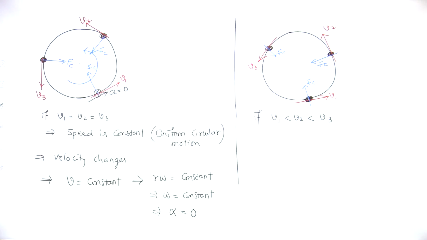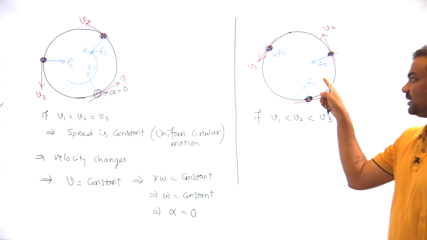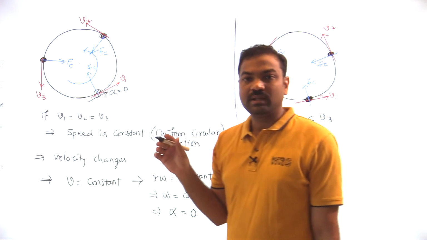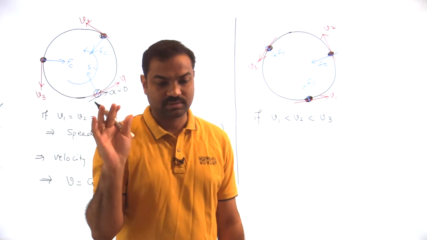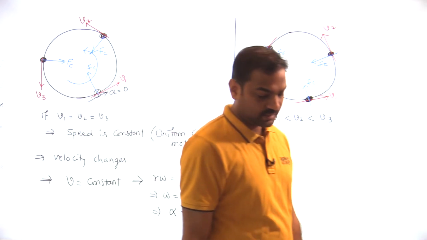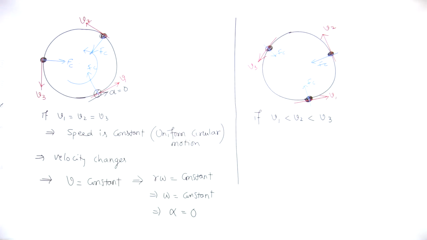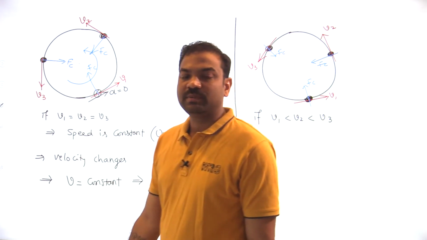Centripetal force is acting perpendicular to velocity. So centripetal force has nothing to do with the speed of the particle. Speed of the particle does not change due to centripetal force. Saiteja, understood? Very good. Work done by centripetal force is 0. The power developed by centripetal force is 0. That's why there will be no change in speed.